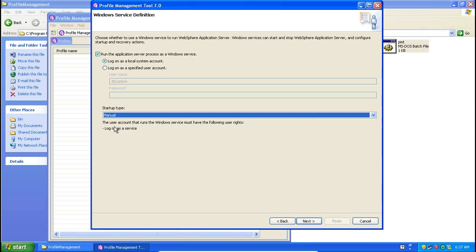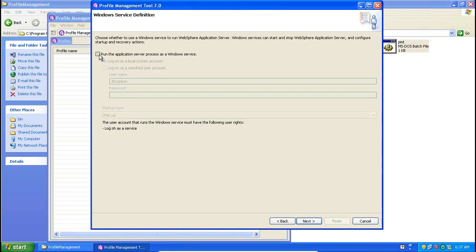At organization standards, we always use automatic because sometimes some other people reboot the systems. In that case, who starts WebSphere? Again, you have to start. If you are not available, that will be a problem. That is why we keep automatic, so that whenever the machine starts or reboots, WebSphere will also be started.